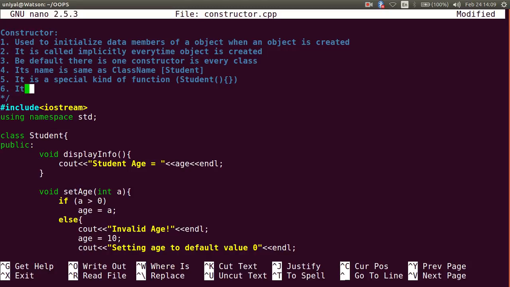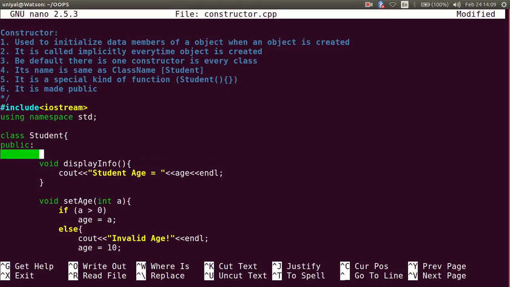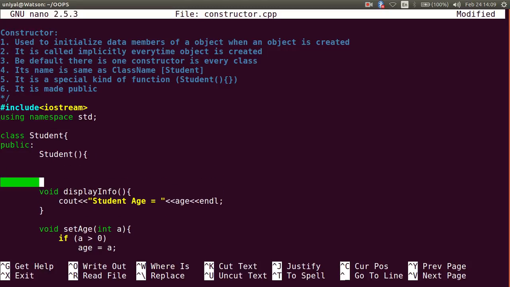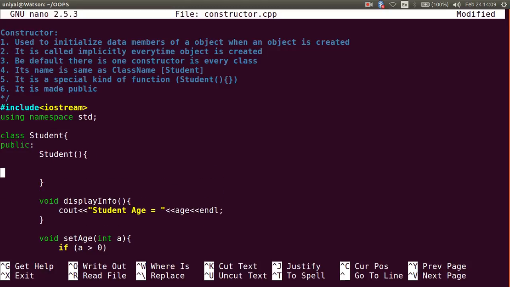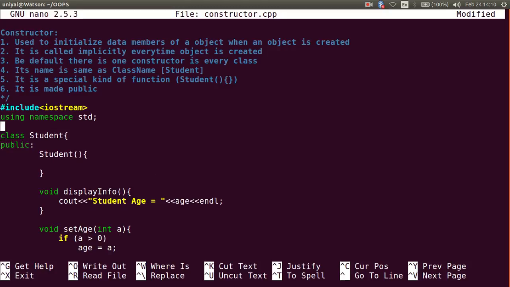Generally it is made public, so I will include it with the functions here. Student, parenthesis, because it is like a function. And one thing you will notice here: in display information I am writing a return type, that is void, but in the constructor I am not writing any data type.